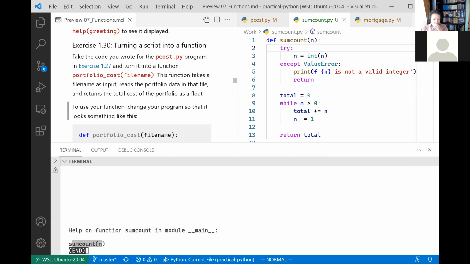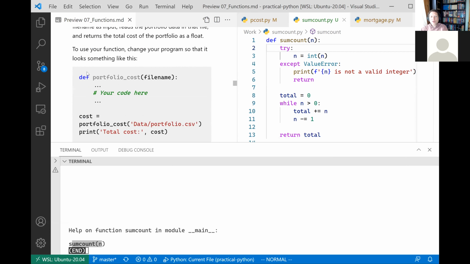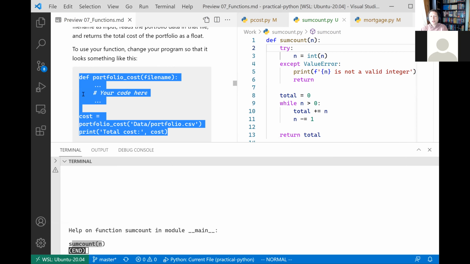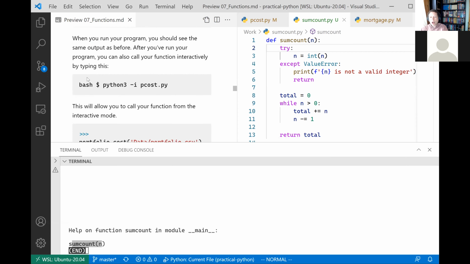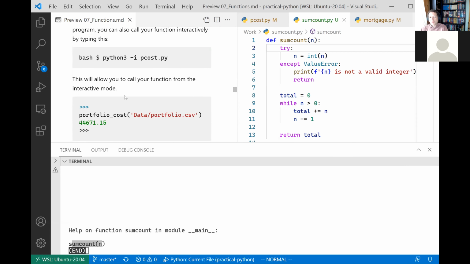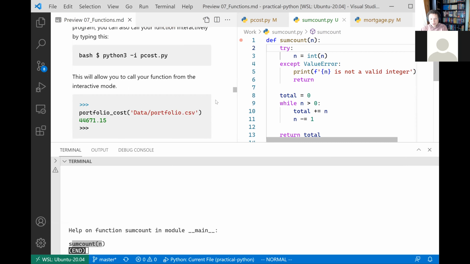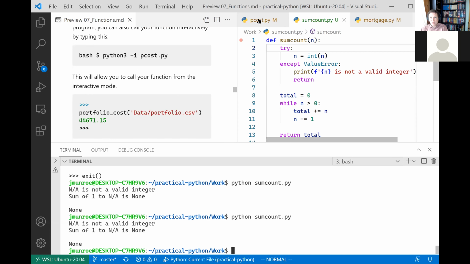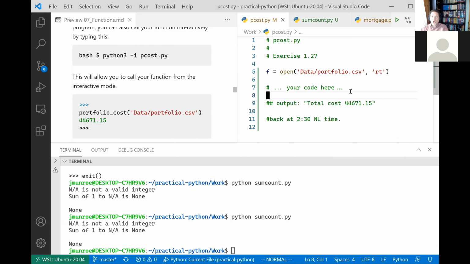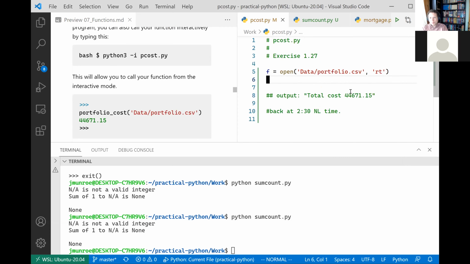Okay, I will leave this exercise for you to work on. Take this pcost function that you wrote before and turn that into a function. So whatever function you had, turn it into something that takes an argument, which is a file name, and this becomes your function. So that when you run this program, you can interactively work with it and get the data. So again, when you're doing these exercises, the idea is you have an exercise, you write the solution,